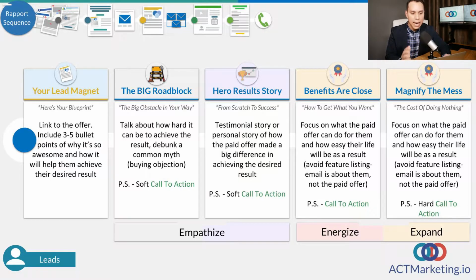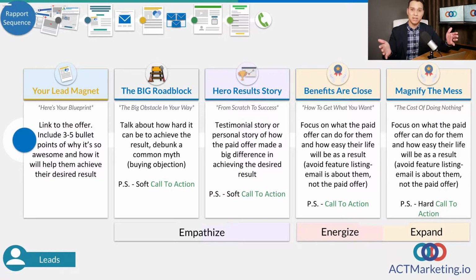And then finally, magnify the mess. This is where we get aggressive. So if there was ever a time to be salesy, or you have something where you're a little uncomfortable and you feel like, yeah, I could say that, but it might offend people, include it in this email, because it's email number 5. It's the last email in this sequence. It's not like you're throwing a Hail Mary. You're not just saying, frankly, I think you're an idiot for not booking a call with me. We're not going that far, but maybe take it 2 or 3 steps back, something that you may feel uncomfortable saying or might make your prospect feel a little bit uncomfortable, especially when you essentially just rip the Band-Aid off